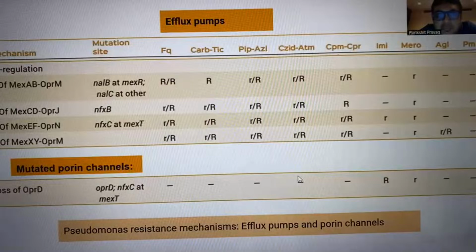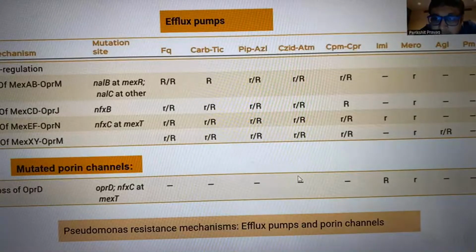Now, moving away from the enzymes: enzymes are not the only things responsible for carbapenem resistance. You have mutated porin channels. So look at this Pseudomonas. Look at mutated porin channels and look what they do to imipenem and meropenem. Traditionally thought to be